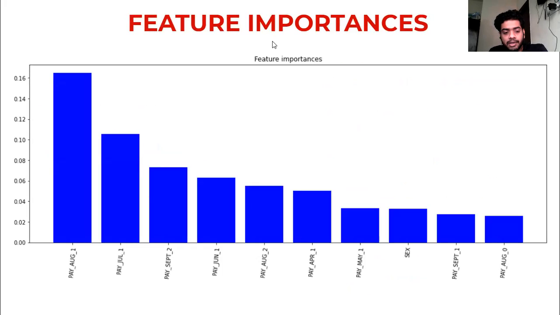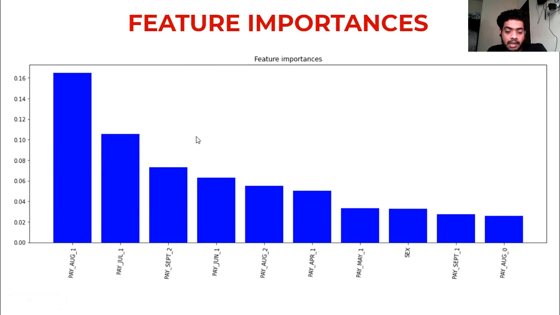And the feature importances are pay in August, that is delay in 1 month, pay in July, that is delay in 1 month, pay in September, that is delay in 2 months, pay in June, that is delay in 1 month. These are the important features which play an important role